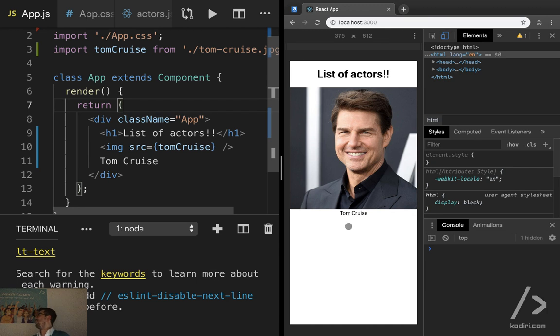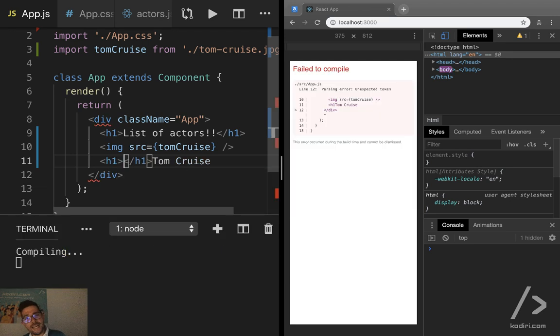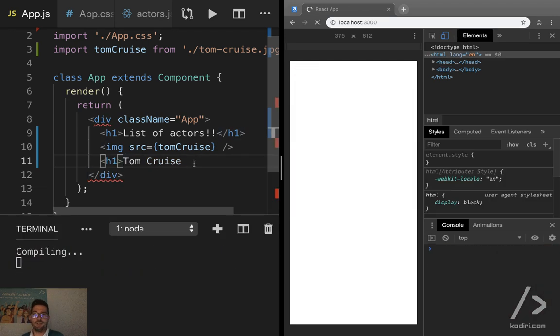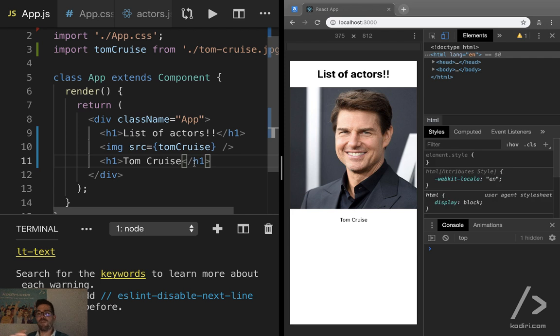Right. So we got Tom Cruise here, right? It's a bit small. Again, it's not very usable. How do we make the Tom Cruise title bigger? H1. Okay, if we put H1. Yeah, it's a good discussion actually. Let's put H1 first. Okay, there are different ways to solve the problem, definitely. If you put H1,